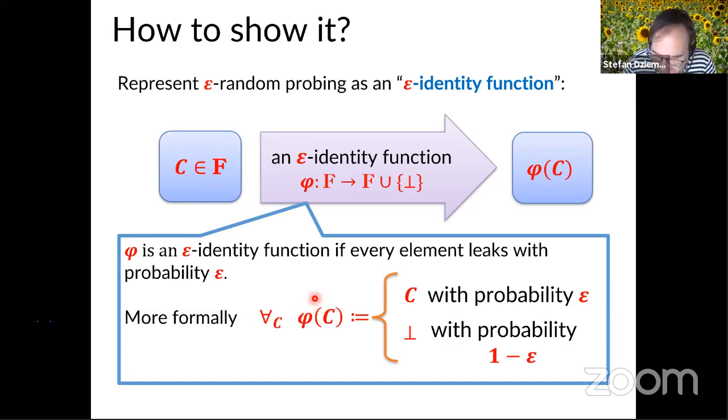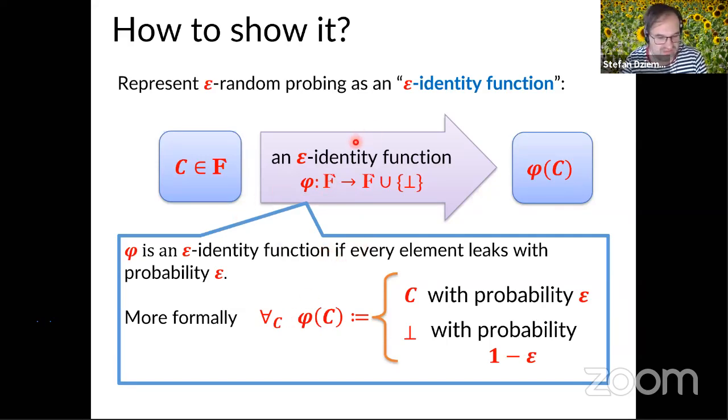This is a function phi that takes some input C, which is a field element, and outputs either C or bottom. It outputs C with probability epsilon and bottom with probability 1 minus epsilon. So it's like an identity with probability epsilon, and it's a function that forgets totally its input with probability 1 minus epsilon. This is a kind of trivial definition, nothing really deep here,